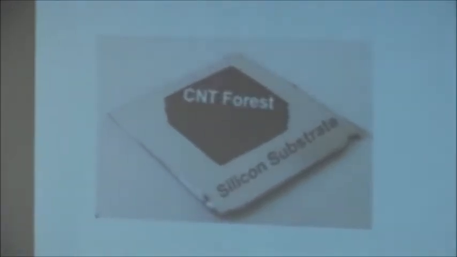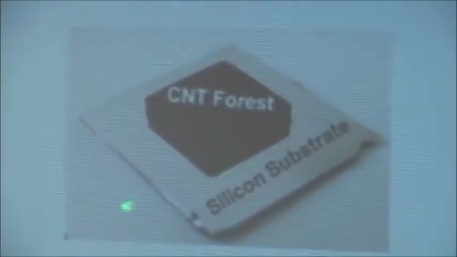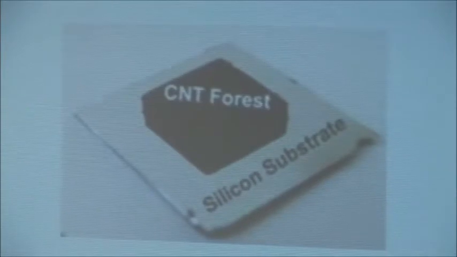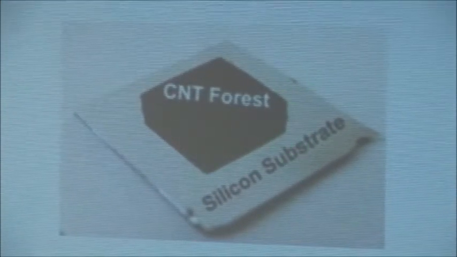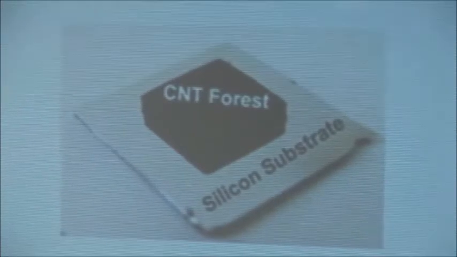You can also make large collections of them. So this is an actual photo of what we call an array of nanotubes, or a nanotube forest, with macroscopic dimensions. So this is a silicon substrate about maybe 1 centimeter across. And so we can see that this is about 5 by 5 by 2 cubic millimeters, approximately. And this is an actual photo. It looks dark. It's a very good absorber of light. People call it the darkest man-made material ever.